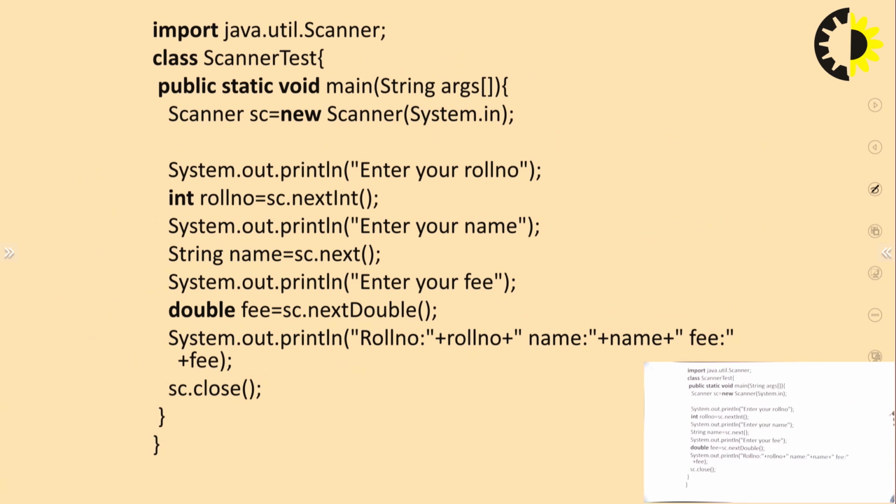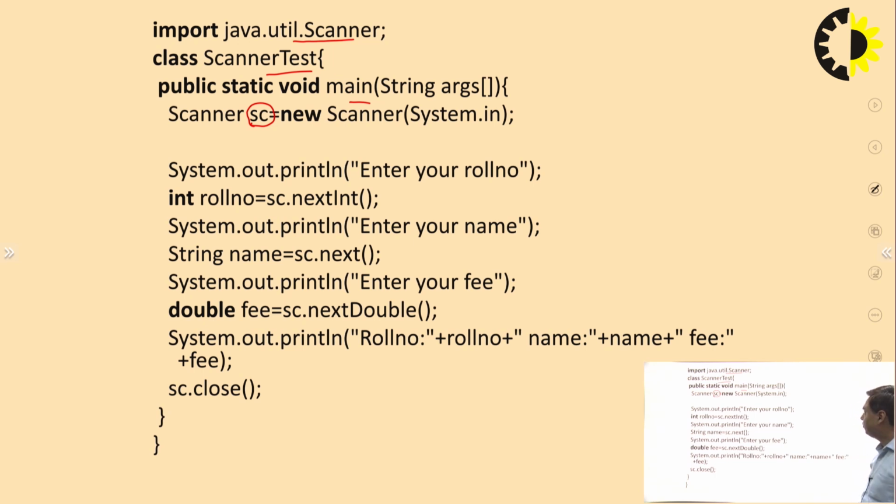Now, the example of using the Scanner class. We include the class with the help of java.util.Scanner, and here you can see we have used ScannerTest as the name of the class. Then we are using a main method. Then we are calling the Scanner class and creating the object sc, which is an object of type Scanner,